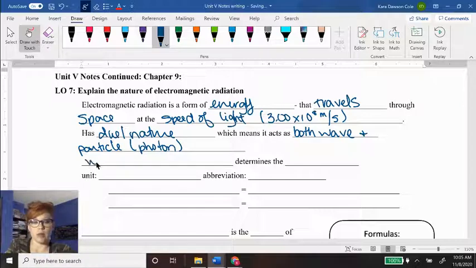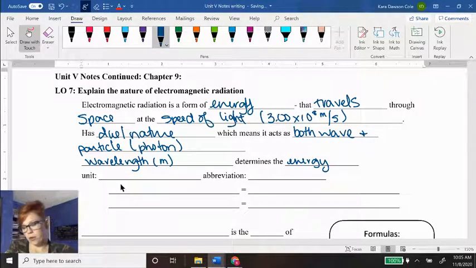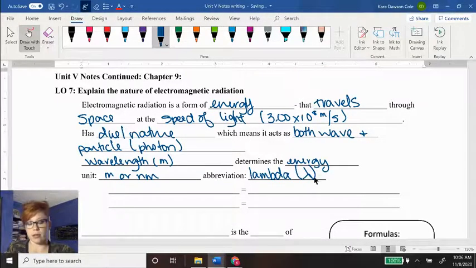One of them is the wavelength, and this determines the energy of the wave or the light. The unit here is meters, or sometimes we use nanometers, depending on it. A lot of times the wavelength is very, very short, so we use nanometers for that. The abbreviation for wavelength is lambda, the Greek letter that looks like an upside down Y. It's called a lambda. So if we have a short